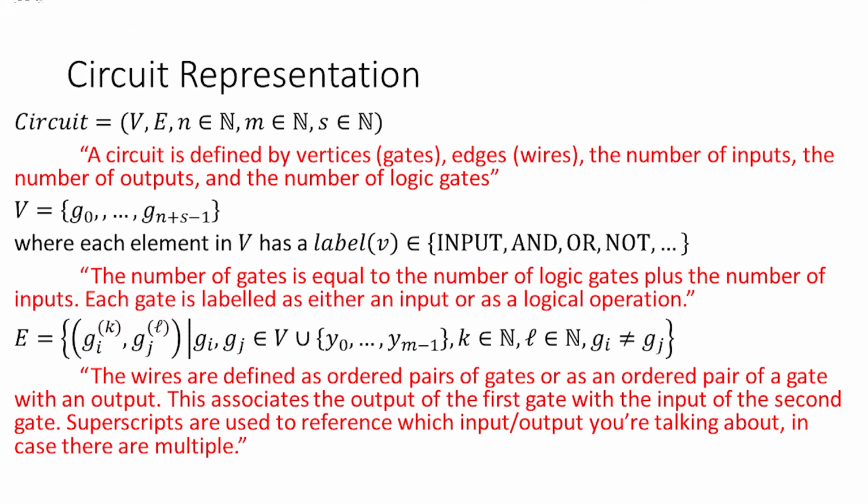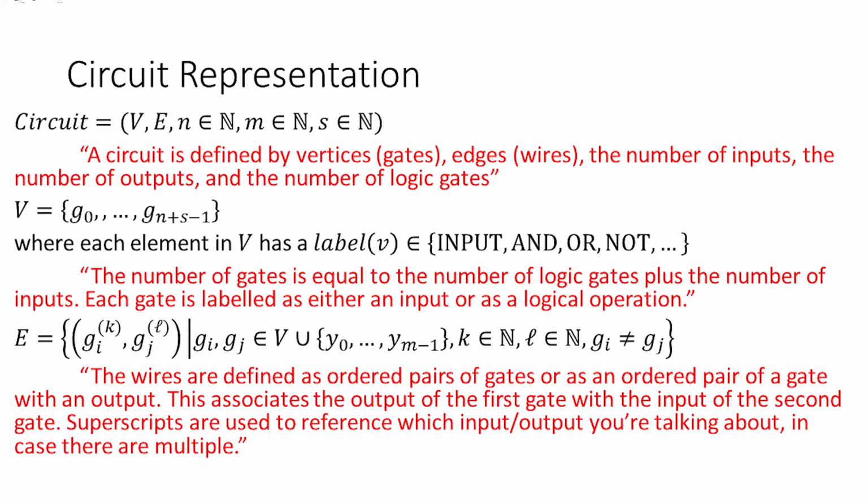We also are going to have this set E, which is going to be the set of edges or wires in our circuit. Those are going to be defined by ordered pairs, where each item in the ordered pair you can think of as being like a port in one of the gates. So when we look at this ordered pair, G sub I raised to the power K, we have this subscript I on G and this superscript K. That G sub I is representing which node in the graph we're talking about, that superscript k is what's allowing us to distinguish different ports from one